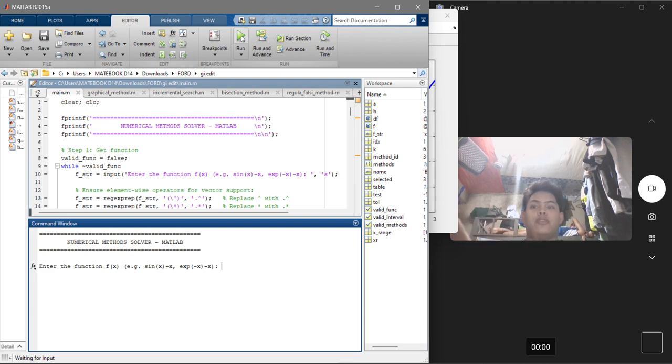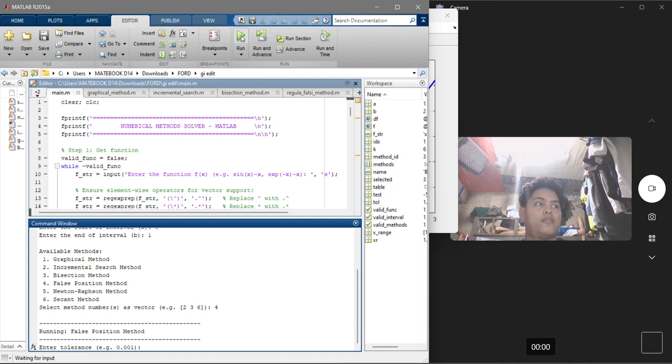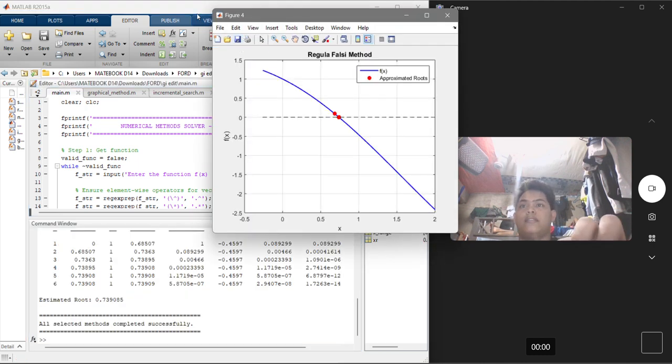So let's say we're gonna put a function of cosine of x minus x, and start interval of 0 and 1, and method which is the regula falsi or false position, number 4. So let's say we will put a tolerance of 0.0001.